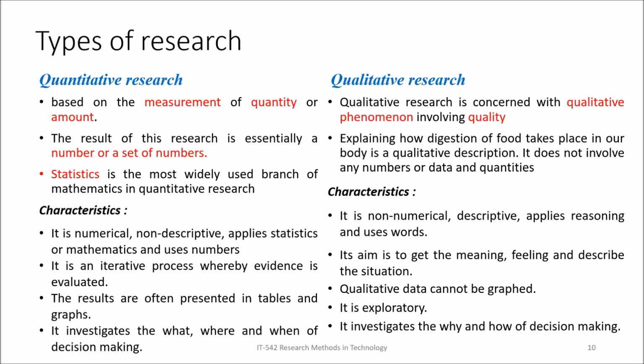techniques. But in the case of qualitative research, we are just investigating. We are just describing the solutions, describing the problems. After analysis, we are just identifying and giving recommendations based on the options, what options the participants have given. I think I gave the example here: explaining how digestion of food takes place in our body is a qualitative description. So whether it is proper or improper, in that way you can give options. But here, numbers are not involved in qualitative research.